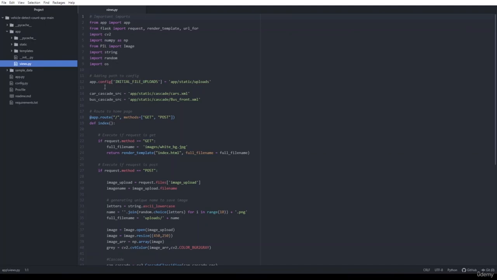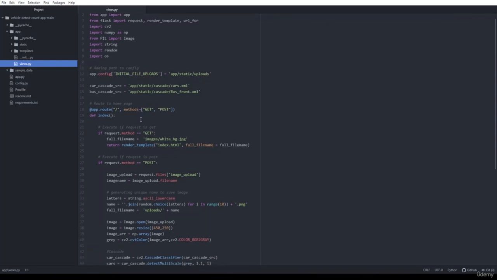Initially we will configure the initial file uploads, setting the path to app static uploads. After that, we will store both the files that we will use, the car cascade and the bus cascade XML files, as I have already told you in the project during the Colab.